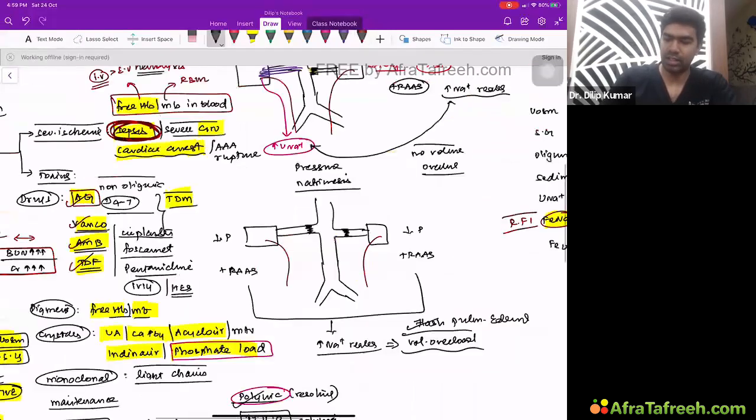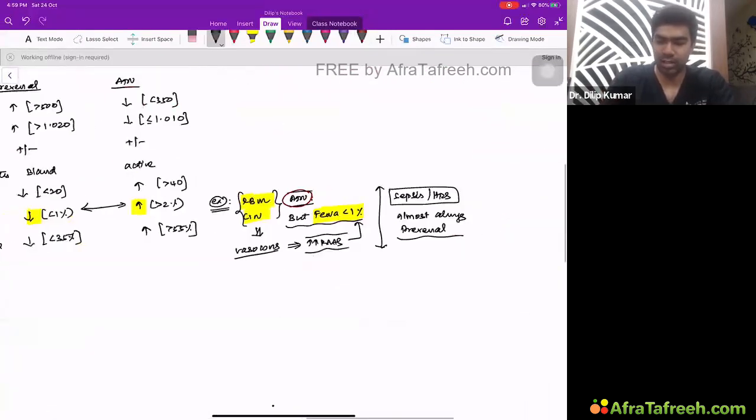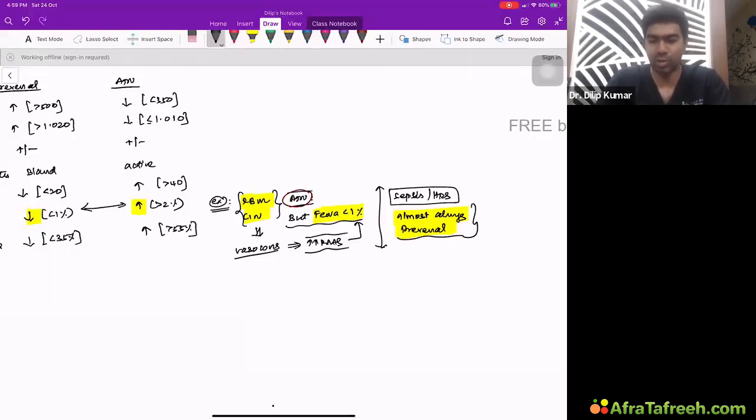So these are conditions that can produce pre-renal or intrinsic renal or acute tubular necrosis, but the urinary picture will always be like pre-renal only. There won't be intrinsic renal picture at all, which means almost always FeNA in this situation, even if there is an associated acute tubular necrosis, when you have sepsis or HRS,